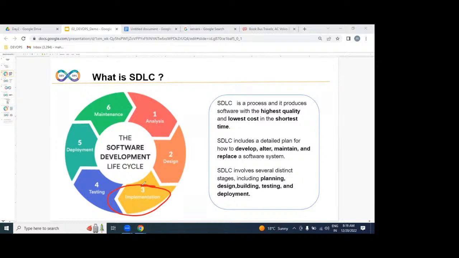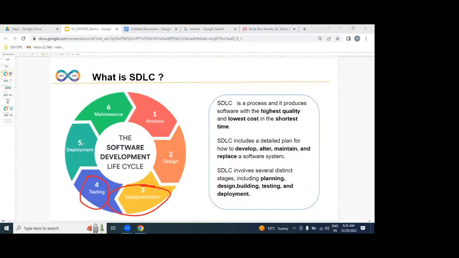After successfully implementing the software, whether the software is going to be working or not, our testers will verify by using automation test cases, manual test cases, or performance test cases, whatever.